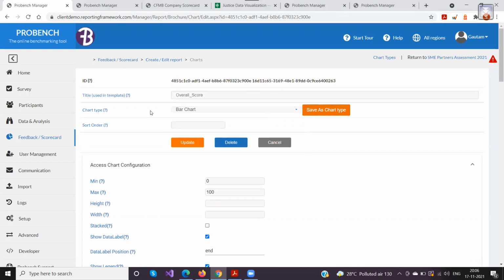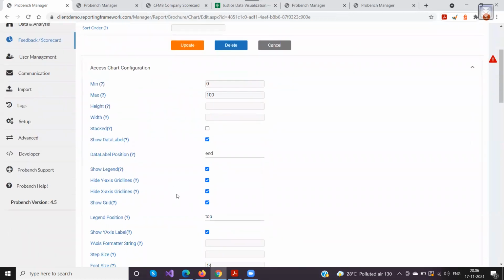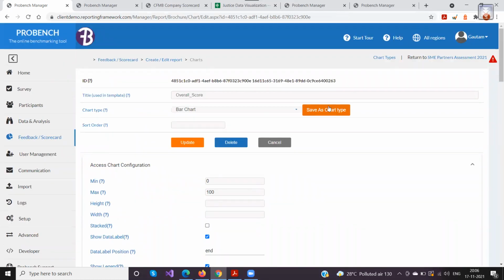The system would automatically save it for you. Whatever configuration you have added can be created as a chart type by itself. So you don't have to repeat the same configuration for the charts again and again. You select that particular chart type and all the configurations would be automatically imposed. That is what this save chart type is for. It's very useful if you have many charts and you want to use the same configuration. So it's very handy in that case.